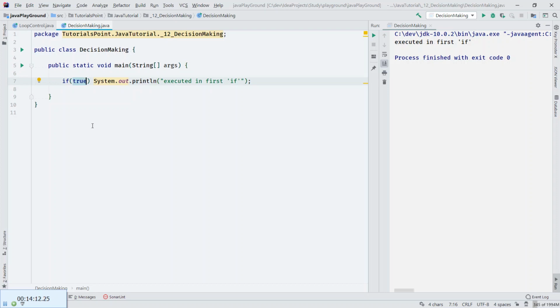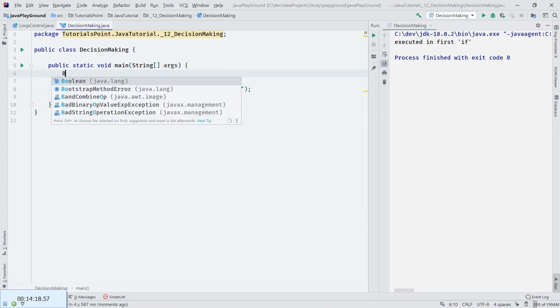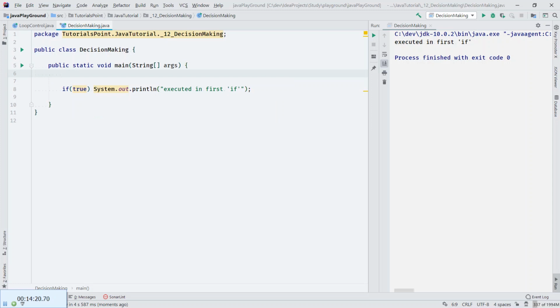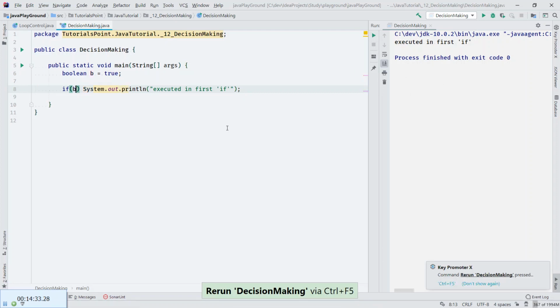It could be a reference to a variable, for example, only be equal true. And it is the same thing.